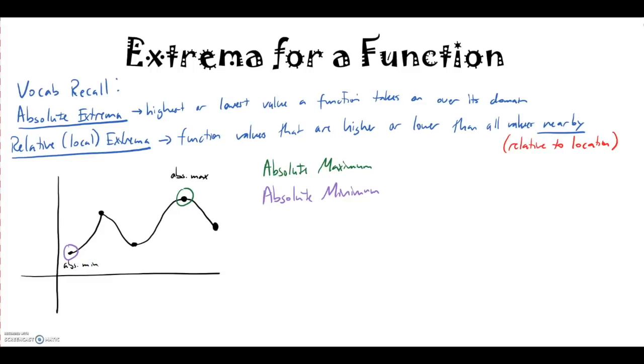As far as relative maximum, notice that we have two of those. We have 2 points that we say are higher or lower than everything nearby. One at the sharp point, and one that's also at the absolute maximum. And our relative minimum, well, we're only going to have one of those, right here about in the middle, the third point that I've drawn on the graph. And note, the two endpoints,